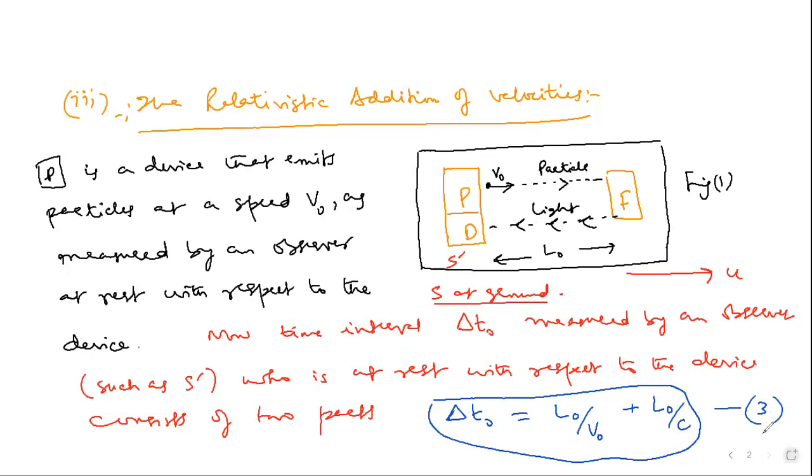Now the sequence of events. The sequence of events observed by S, as the timing device is carried by S prime on the train, is identical with that of the previous figure which we discussed in relativity of length. Remember when we discussed the relativity of length, we showed this figure. We had this mirror here. Now, instead of mirror, we will have a flash bulb, and here you will have the particle emitter, and here you have the detector, right? It's moving